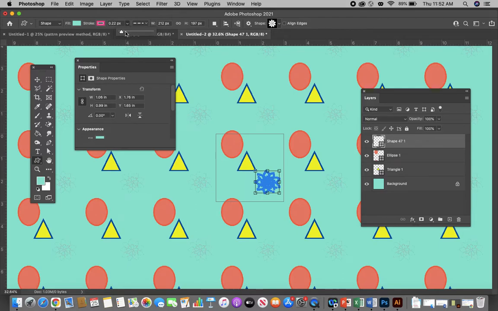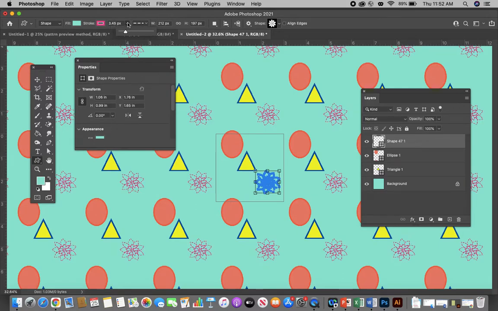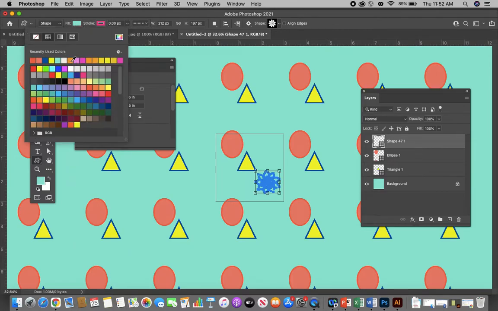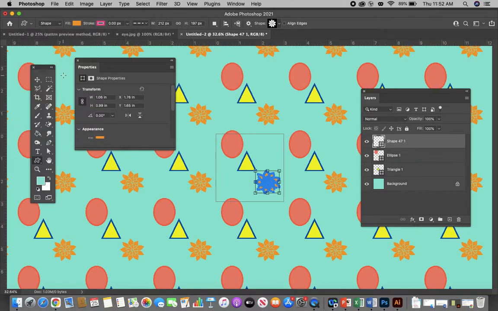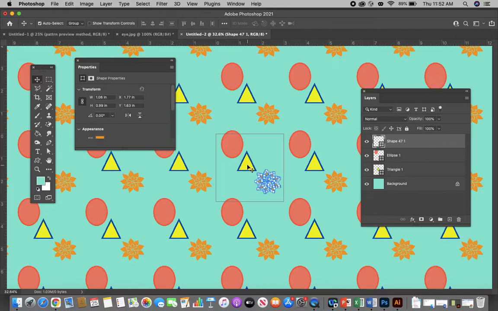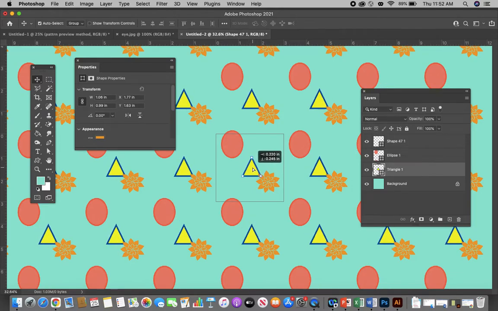I can change the line, or actually I don't even have to have an outline here. I'll just have a solid color, let's say, like that. And now as well, I can move that too. See, like I can move this around. So it's pretty much endless. You can move them around